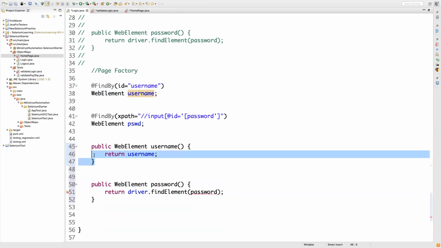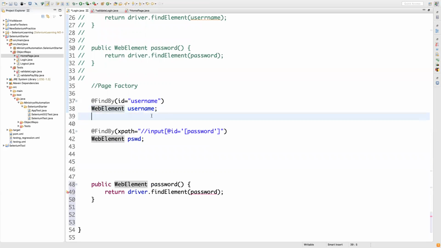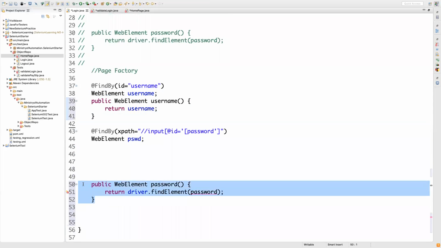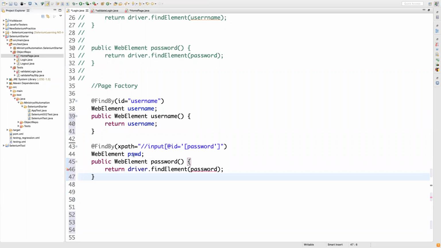Or maybe if you want, you can just write it like this, just below that. This is also fine. And then you return, because to return, you need a method. You're getting my point? Why do you need a method? Because whoever is trying to get something from the outside world, from outside his own class,